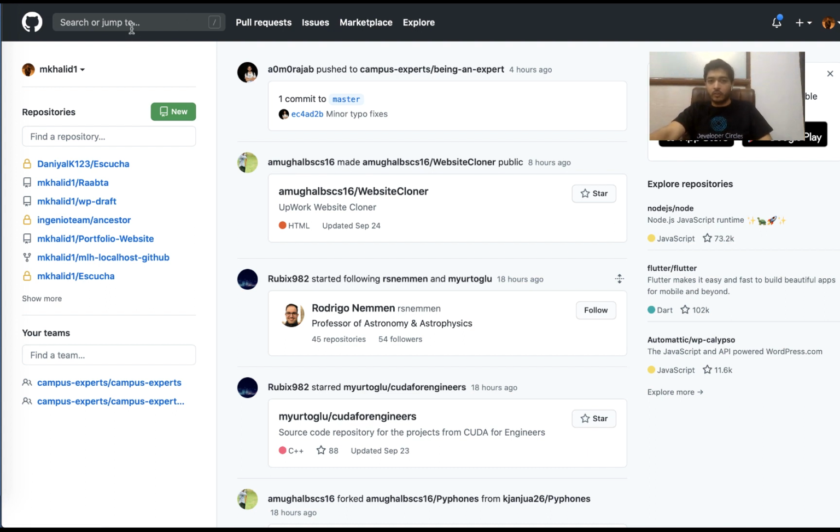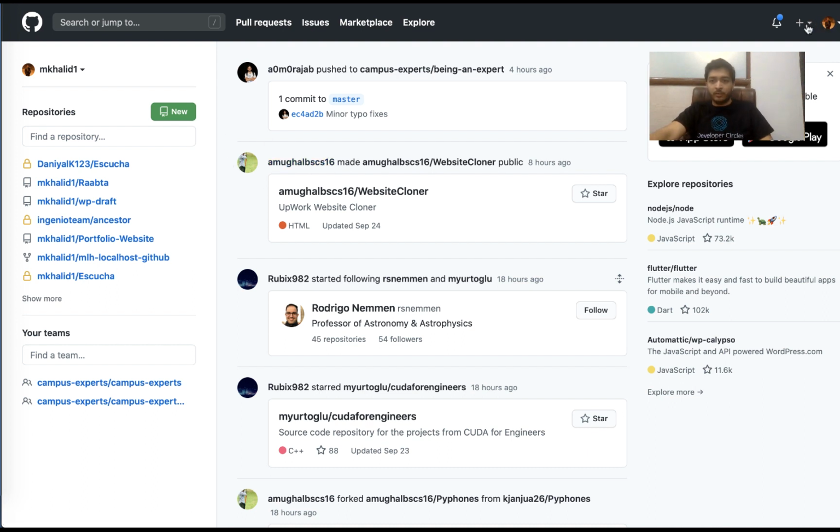And if you want to search for an open source project which is of your interest, let's say, for instance, I want to see popular projects on object detection. I'll just type in object detection over here, hit enter, and all the people who have uploaded their public repositories on GitHub about object detection would come up in the search bar.